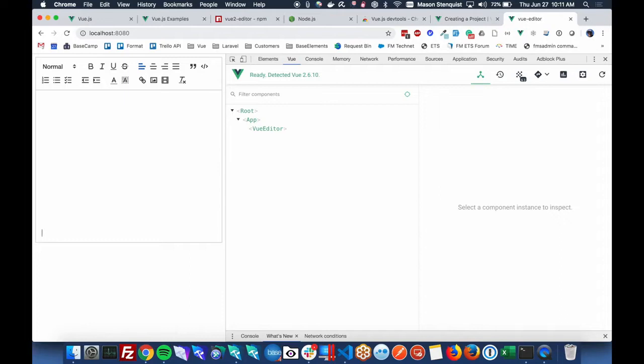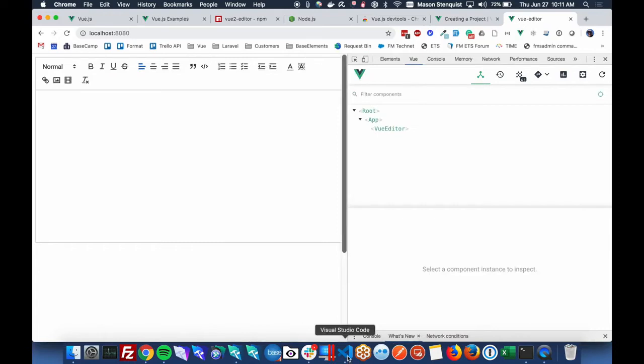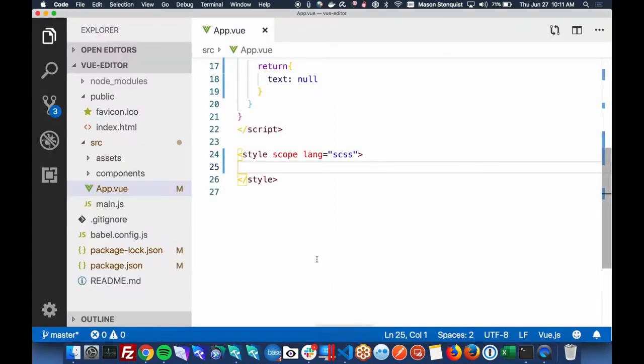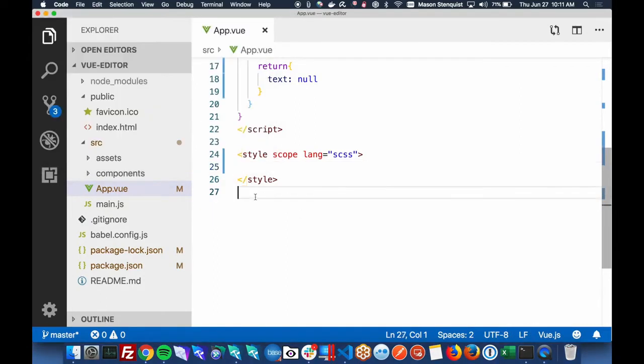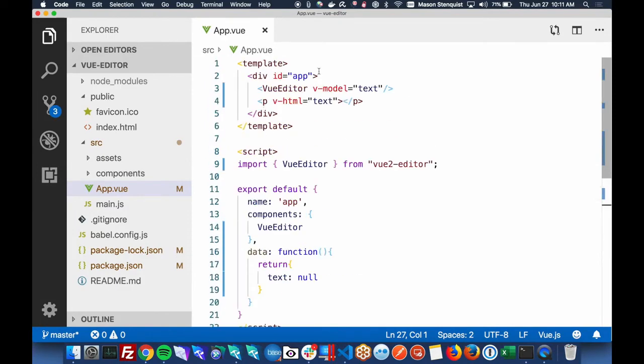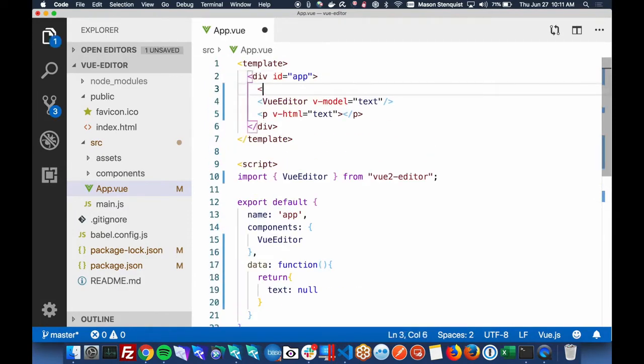All right, so we got a pretty respectable app going right now. We haven't imported it into FileMaker yet, but we are going to need one more thing. We're obviously going to want to save this to FileMaker. But first, let's just get it in there, and then we'll add the save button in a second. So what I'm going to do is I'm kind of done with my dev. Actually, no, let's just add the button now. It'll be a little easier to do it now. So we will just make a save button.